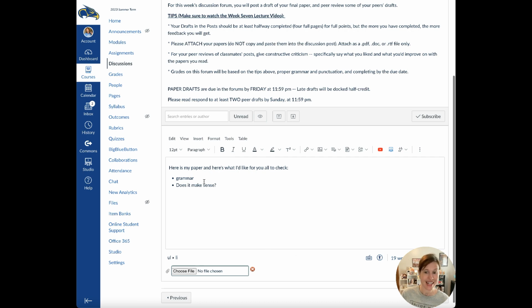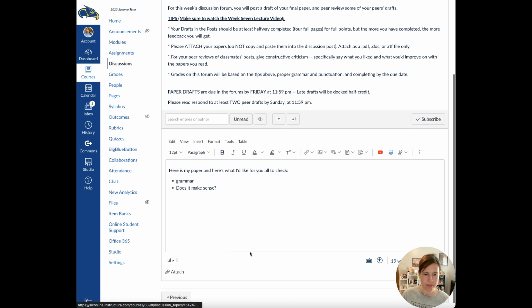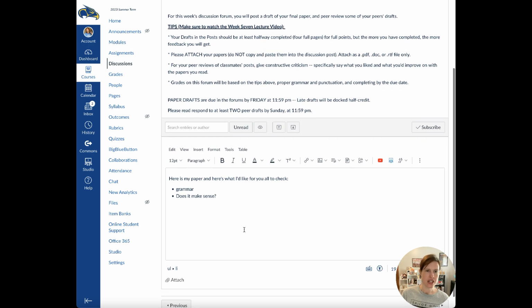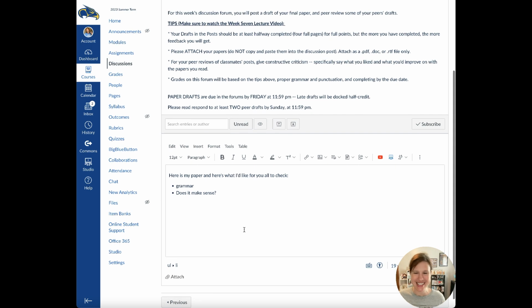and then you can go ahead and submit and save what you're planning to do, right? That's the big thing. So don't copy and paste your paper into it. It'll destroy the formatting, and I won't give you points. I won't even read it if you do that, so don't do it. So instead, attach your paper, all right?